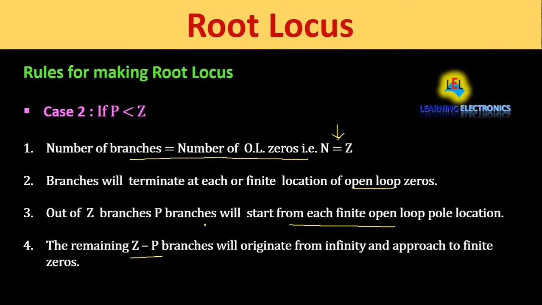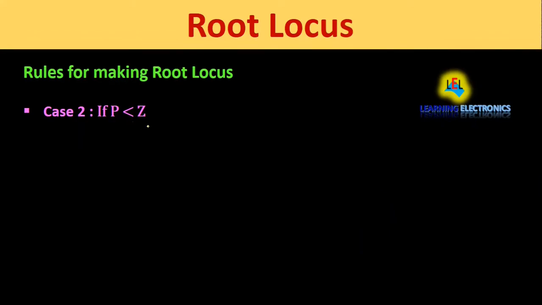So to understand these statements, let us take one example. Now we have reversed the case. That means the number of poles is smaller than the number of zeros. So let us take here z, that is the number of zeros, equal to 4, and p, that is the number of poles, equal to 1. In this case the number of branches of the root locus will be equal to z. The one which is greater, that we have to take. So here since z is greater than p, the number of branches will be equal to z, so the number of branches will be equal to 4 here.